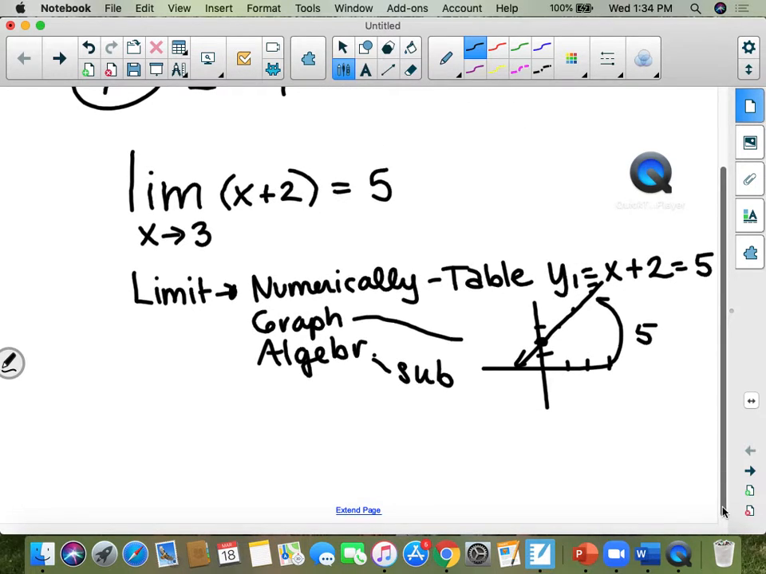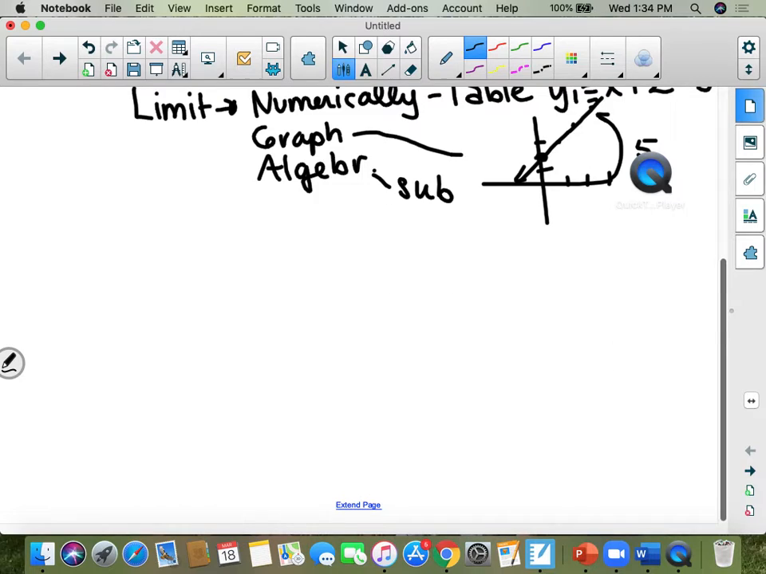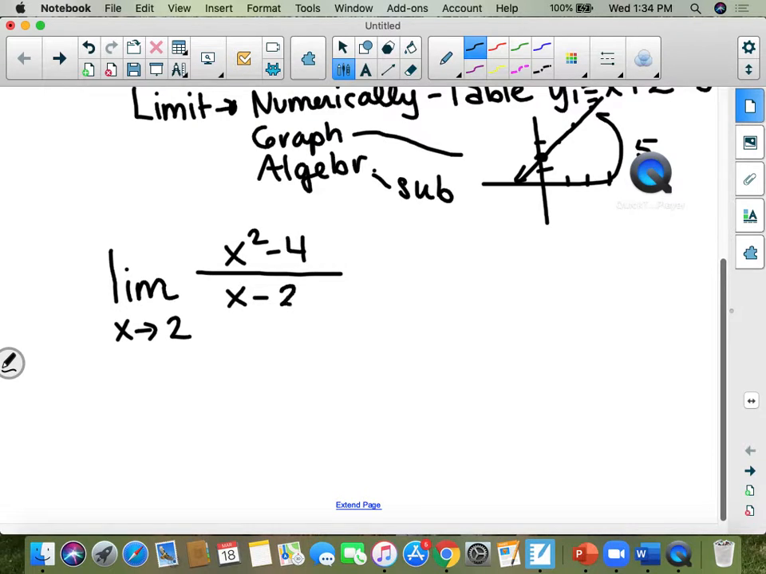Okay, now let's do a little bit different one. Let's do this one. The limit as x approaches 2 of x squared minus 4 all over x minus 2. Okay, so if you look at this problem, when you do it numerically, there might not be an error, there could be an error. When you look at the graph, there's supposed to be a hole. And when you do it algebraically and you substitute the 2 in there, you're going to get 0